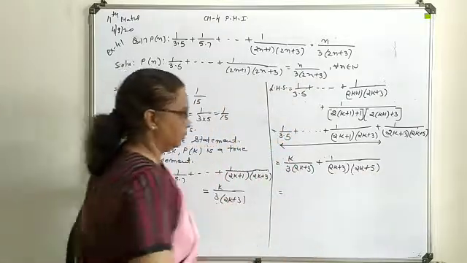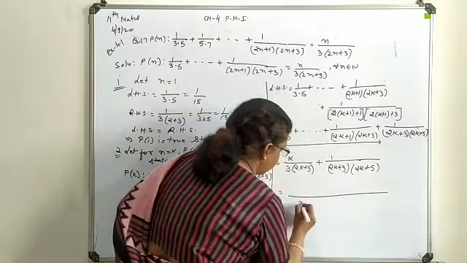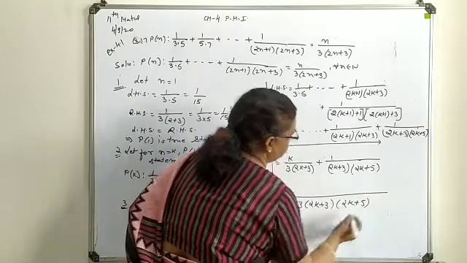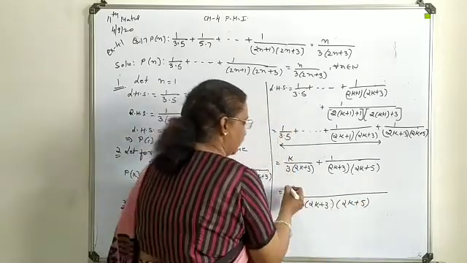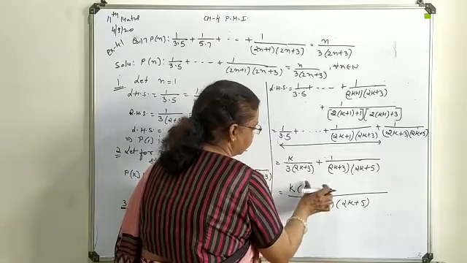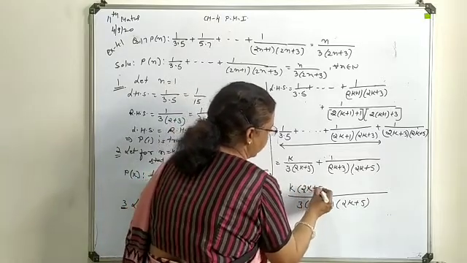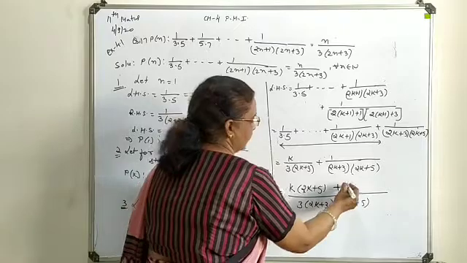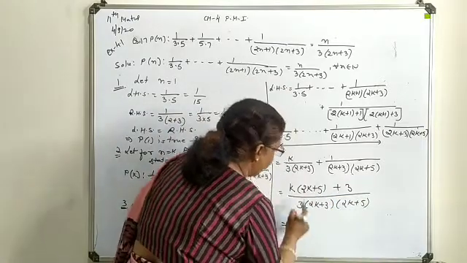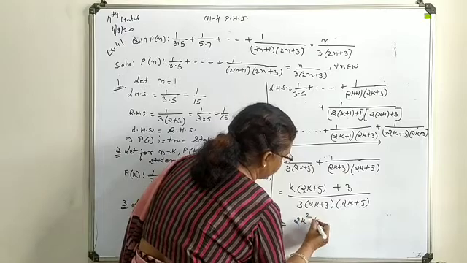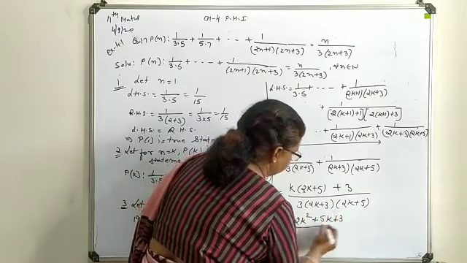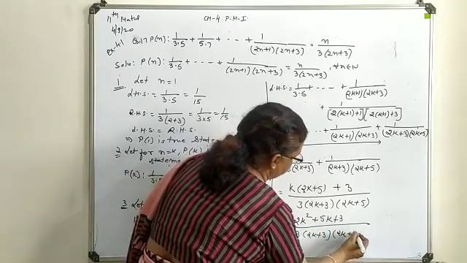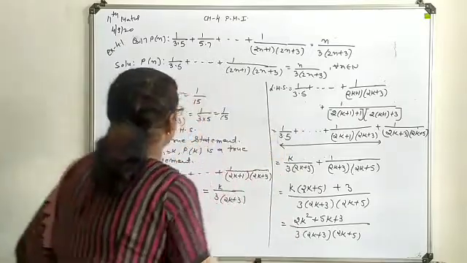Now it is to be sorted out. So here you can see this is 3, LCM we are going to take, 2k plus 3 and 2k plus 5 are the LCM term. So here this will be multiplied with the 2k plus 5, 3 and 2k plus 3 already present, plus these two terms are already present plus 3 only. Make it sort out, that is 2k square plus 5k plus 3, 2k plus 3, 2k plus 5. This is to be factorized for simplified form.